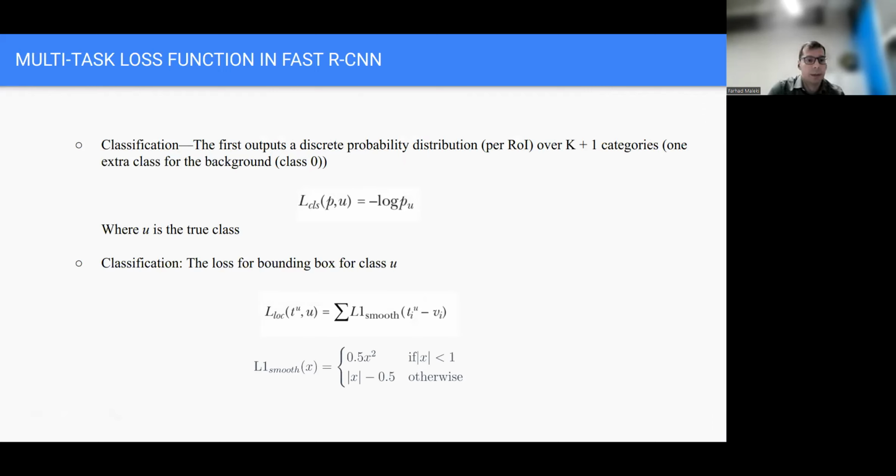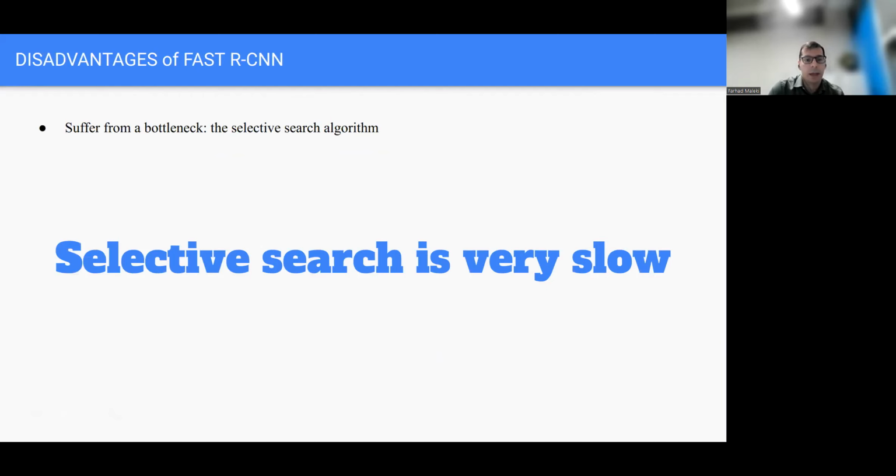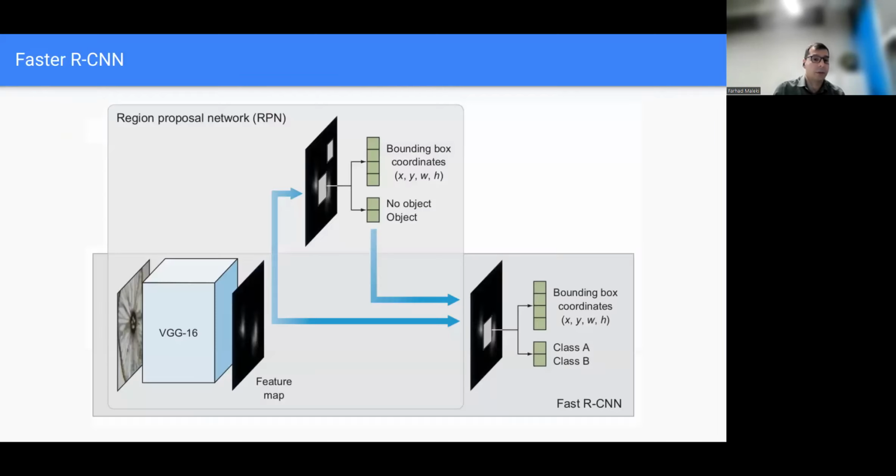The next model that we talk about, I'll come back to the loss function, is a model that is called Faster RCNN. So we had RCNN, Fast RCNN, trying to improve RCNN, increase the speed. Faster RCNN tries to get rid of the selective search, that is a slow process, and change it with another component, which we call the region proposal network, which also is a deep learning model.